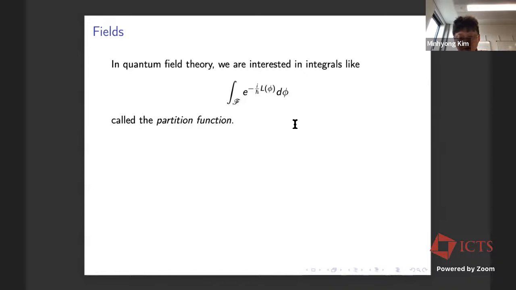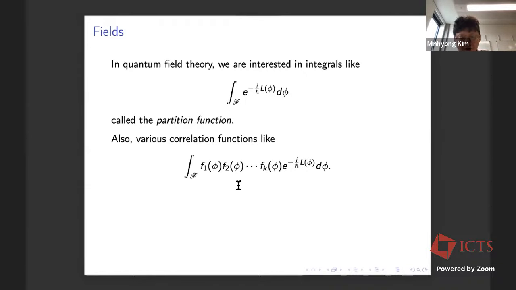It's an integral over the space of all fields. More generally, you have things that sometimes take the shape of correlation functions. You might take other functions of fields here, like these functions that are supported on submanifolds, or it might be very local, like just the value of the field at a point. Each one of these things has some specific collection of points. And then you integrate that with respect to, from the point of view of these correlation functions, you view this exponential times d phi as comprising a measure.